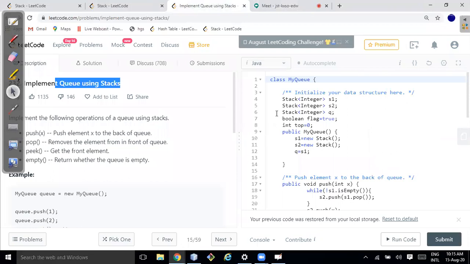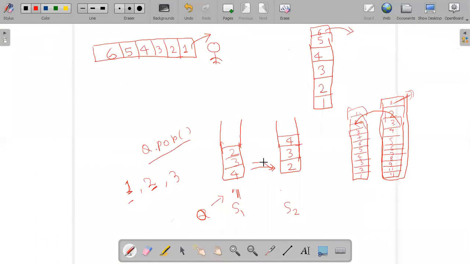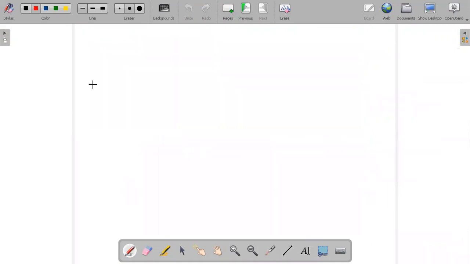Now, if I have to implement this, how can we implement it? I'll do one more round so it will be very clear to everyone.